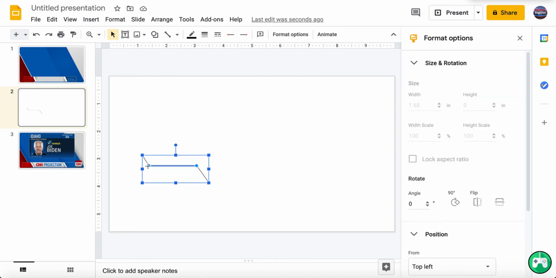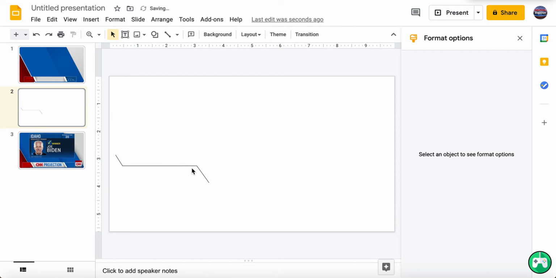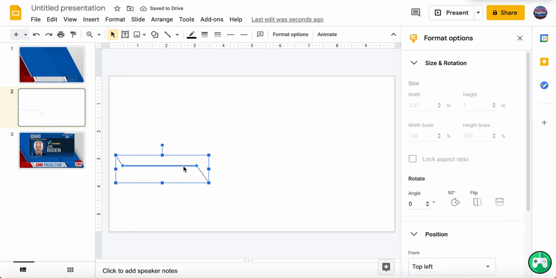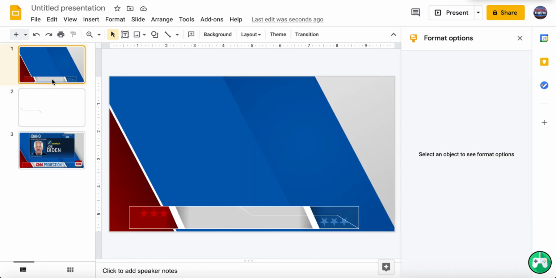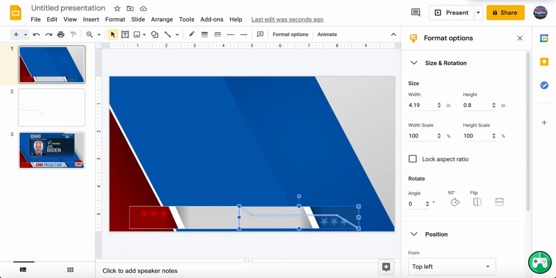I feel like this would work a lot better if this were longer. And then all we have to do is move this. That one looks like it's working. Alright, now we can just go get rid of this. Place it with that. Change the color.